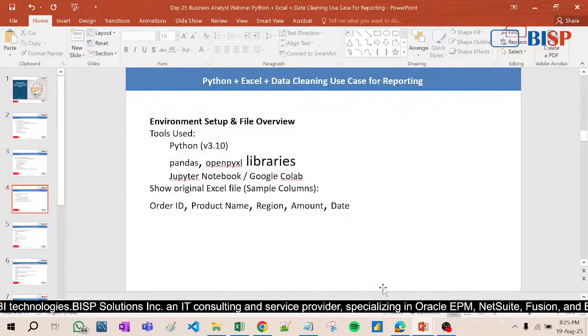So pandas, OpenPyXL, then Jupyter Notebook is also there. Then you will see Colab. Google Colab is also just like Jupyter Notebook, but the difference is that it is